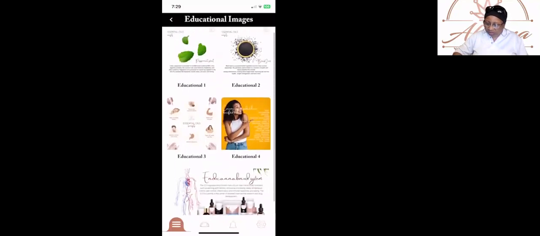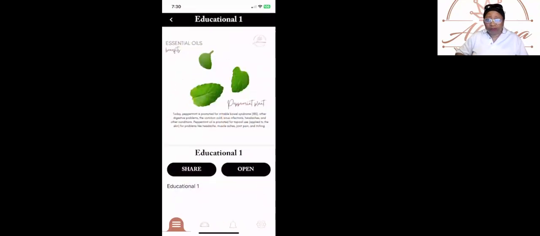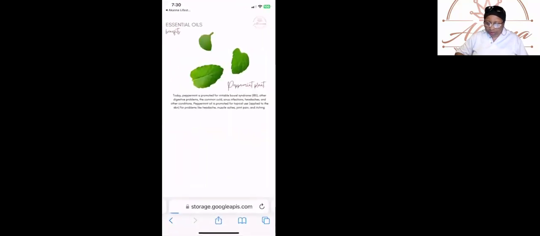And we want you to have great, exceptional quality, because now you have educational images. Just a few of them are here now, but know this is going to continue to emerge into a volume of educational images and other things that CJ comes up with her creative mind. But if you just press one of them, there it is. And again, share and open. Always able to share it, always able to open it.